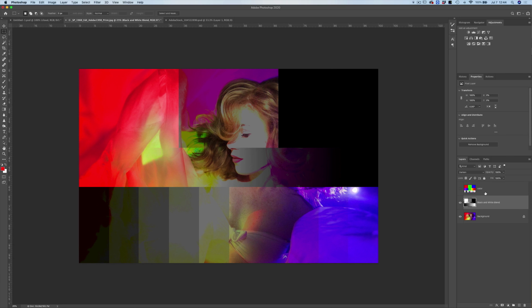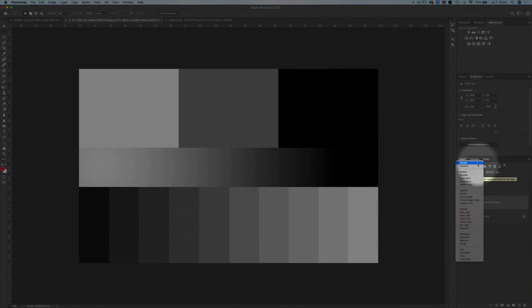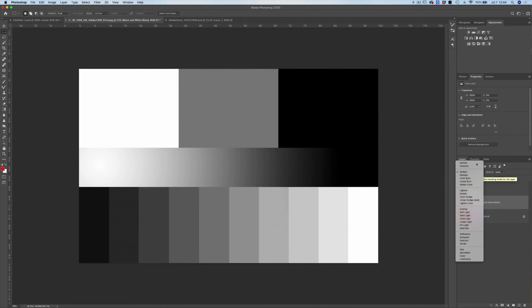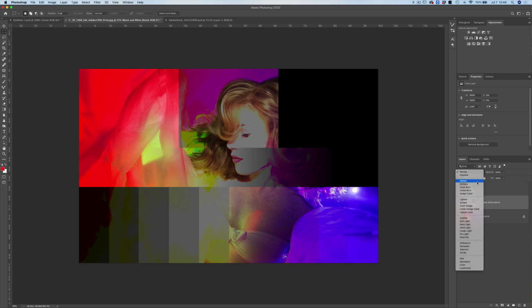So if I take this black and white blend layer and I change back from darken to normal, you can see that the lighter colors tend to be invisible and the darker colors tend to be visible on darken blend mode. The next blend mode is multiply.